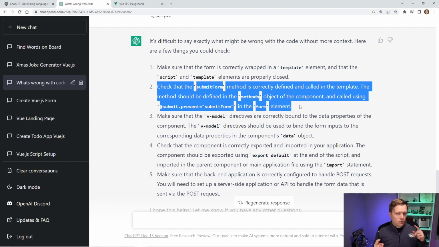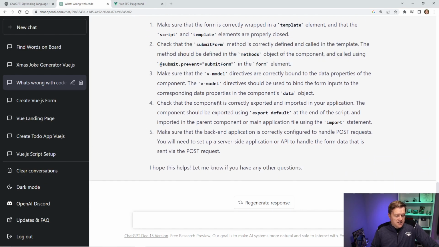I don't know if you would want to do this for production. You may not want to copy your production code into ChatGPT. I'm sure it's maybe even recording some of these answers and using them for its modeling, so you obviously want to be really careful. But if you had a really generic problem, you can just copy the code in here, and this might not be a bad idea. Or if you're learning and you're completely stuck, it might not be a bad idea to just copy and paste your code into ChatGPT and ask why it's not working. So this alone is really helpful. Once again, you might be able to do this with other tools. I don't know if Copilot would help you, but it's definitely cool that you can do this.